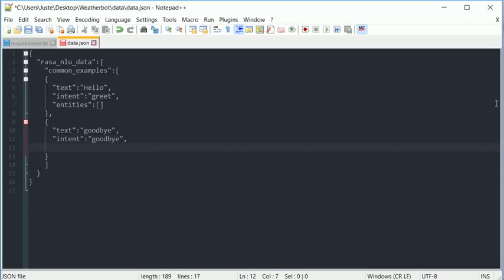And again, what entities I have in this message. And since I don't have any, it is going to be empty. So you can add new examples to this file directly if you want to, keep adding them. But I find it quite tedious, and I would like to show you another way of generating data with Rasa NLU Trainer. So I will save this file,